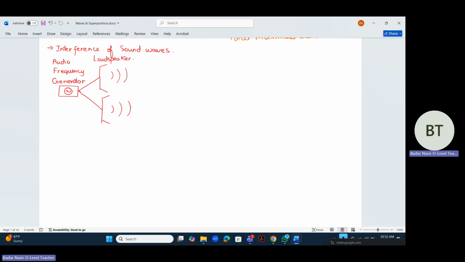Yeah, so we have a screen in front of these, ठीक है, and we place a microphone because इनको डिटेक्ट करने के लिए we need a microphone to detect the sound wave, and this microphone is connected to a CRO,